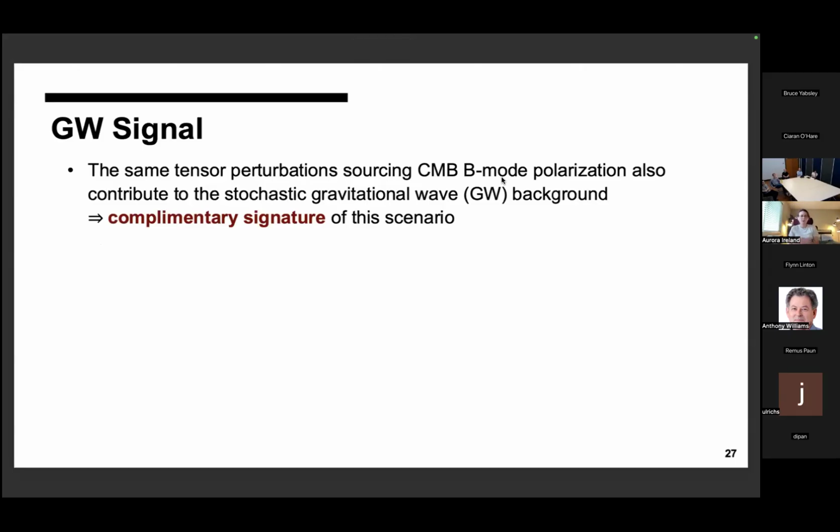Right. So the same tensor perturbations that give you this B-mode pattern are also going to contribute to the stochastic gravitational wave background. So in principle, this can be a complementary signature of this scenario. But for these two benchmarks I showed, the frequency is going to be way too low, so the only place you would see this sort of thing is in the B-mode polarization. But in principle,